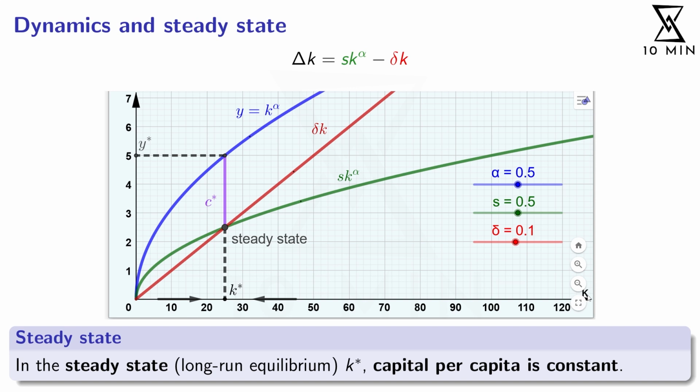On the horizontal axis, there's our capital per worker. And if we now want to know how our savings per capita, S K to the power alpha, depend on the capital per worker, we have to remember that this green savings per worker is the savings rate that's given times our income. And we already discussed what our income per capita looks like as a function of the capital per capita, right? This was this blue production function in intensive form that we discussed before.